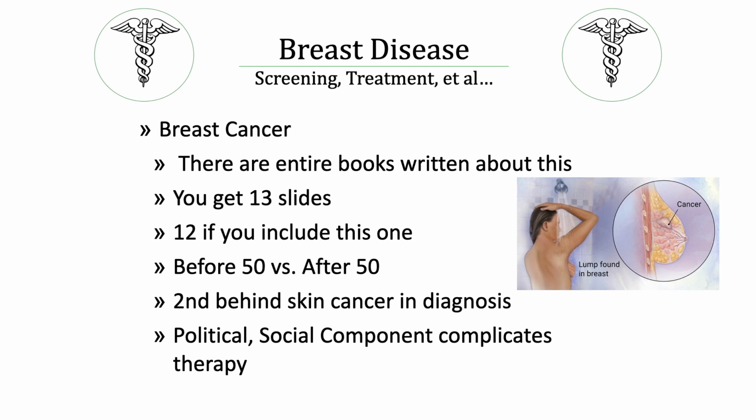Now, before 50, after 50. If you are over the age of 50, common things being common, your breast cancer will present as a palpable mass. Because it will present as a palpable mass, a self-breast examination is... over the age of 50, it will present with calcifications or a palpable mass. So if you're over the age of 50, that's why you do mammograms, because they will present with calcifications, turn out to be DCIS or breast cancer, and then you'll do treatment. If you are under the age of 50, so you are 49 and below,